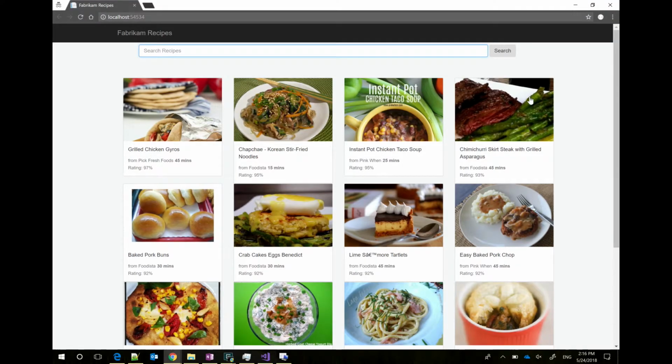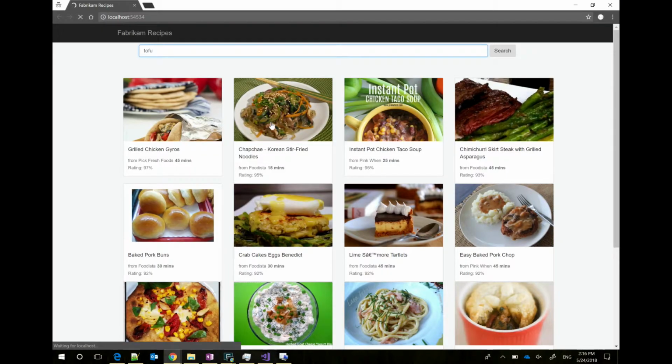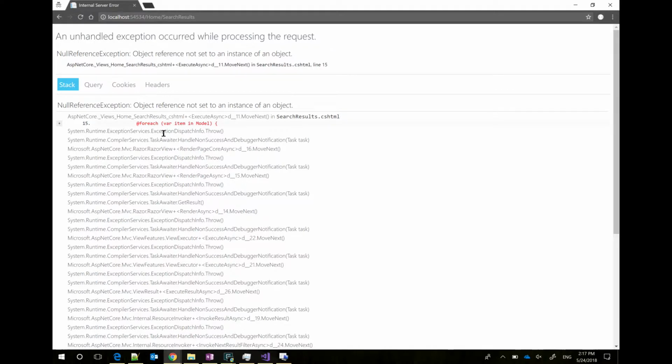So I have this app. I don't really have this app. I downloaded it from GitHub. But I have this recipe app, and I'm trying to get it to work. And when I search for stuff, I know this doesn't come up with anything, and I should get an exception. And yeah, there we go. I'm throwing an exception about recipes. It's like, I don't know what that is. I'm going to have to debug this. That's not even food, right? What, tofu? Yeah, that's fighting words in some places.